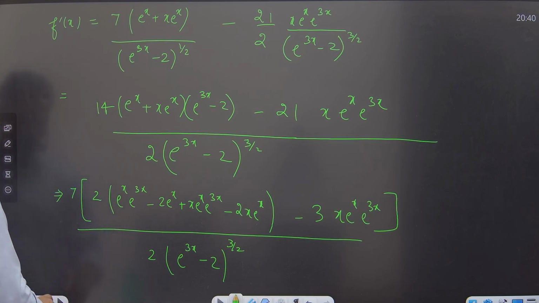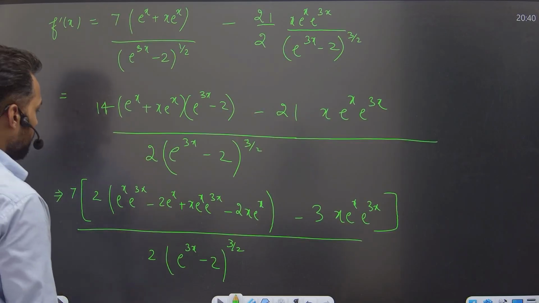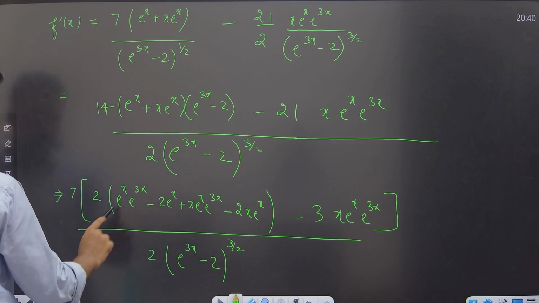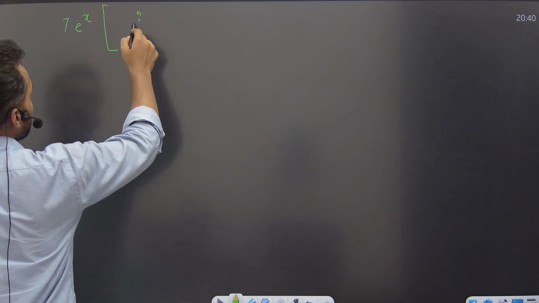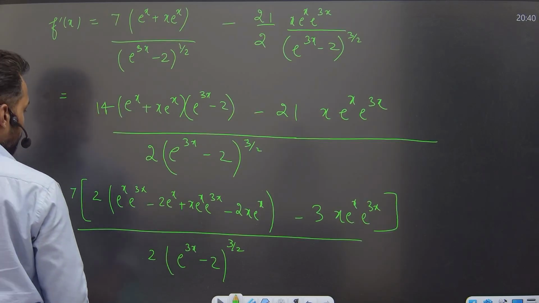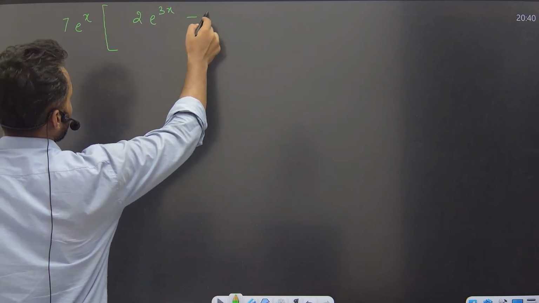So what we'll get here, 7 e raised to the power x, it is common here. In the bracket, what will be the remaining value? We'll open this part, so you'll get 2 times e power 3x negative of 4